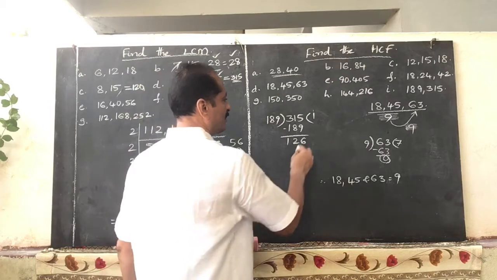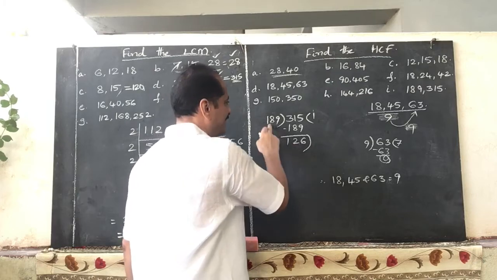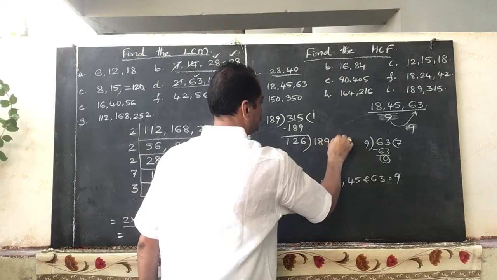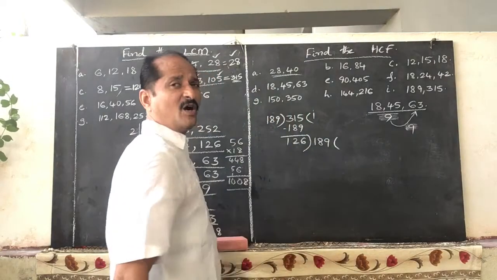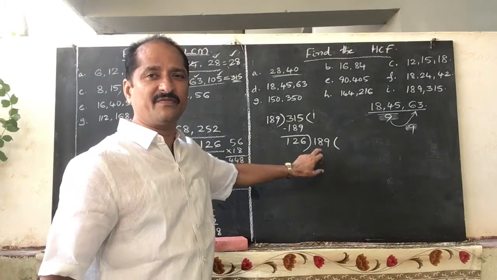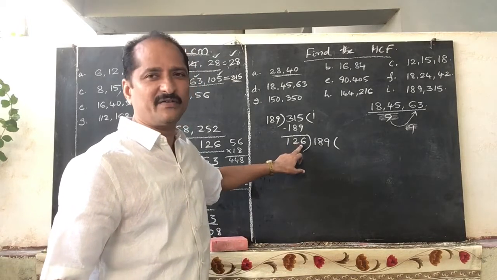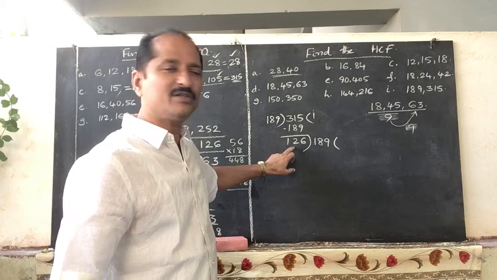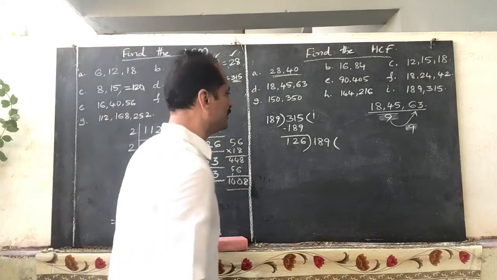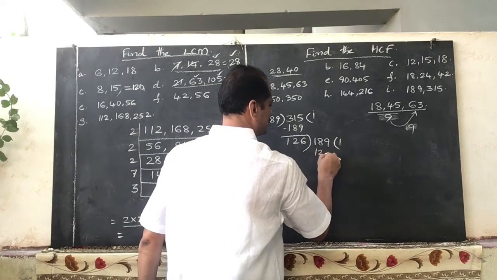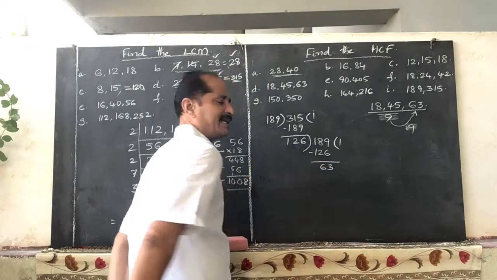Now bring down this remainder as divisor and make 189 the dividend. Now observe carefully. How many 126 are there in 189? Check carefully. 126 is near 125 or 120. 12 2s are 24, 240, but here there are no 2 times. So it also goes for 1 time. 126 1s are 126. Remainder, how much are you getting? 9 minus 6 is 3, 8 minus 2 is 6. 63 you are getting as remainder.